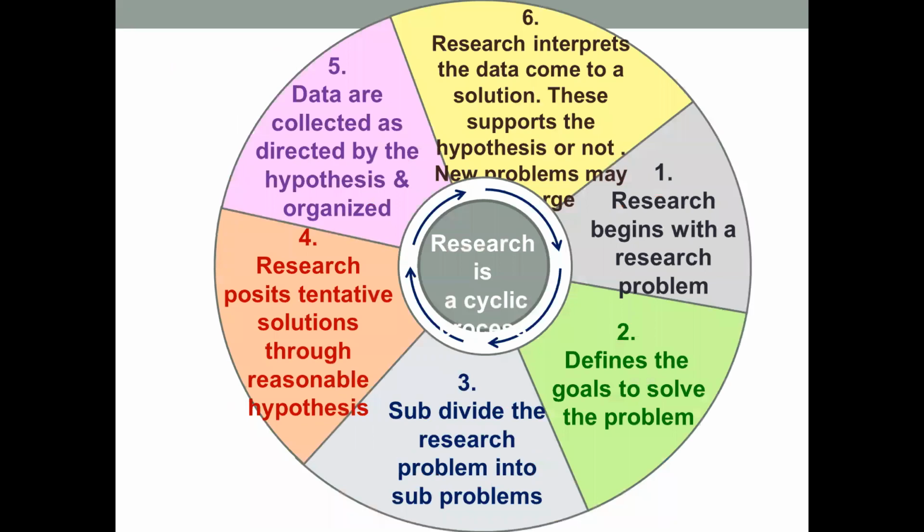So these 7 phases are usually a circular process. As I said before, once you begin with a research problem, then define the goals to solve the problem, then subdivide the research problem into sub-problems. Then you need to go for research points, tentative solutions, that is called a hypothesis. Once you set the hypothesis, you plan